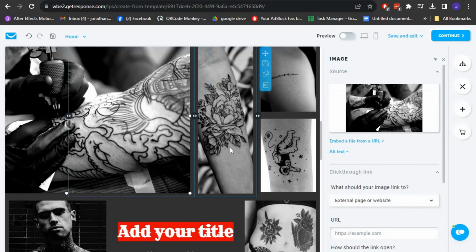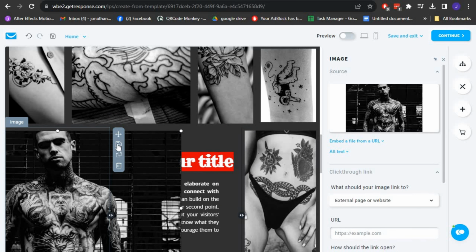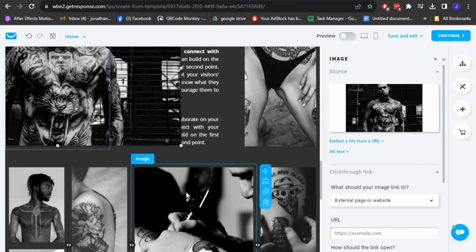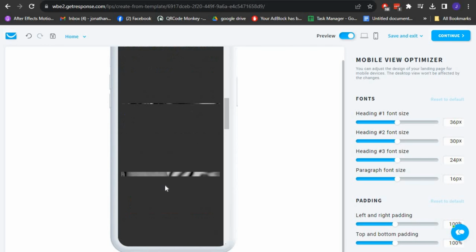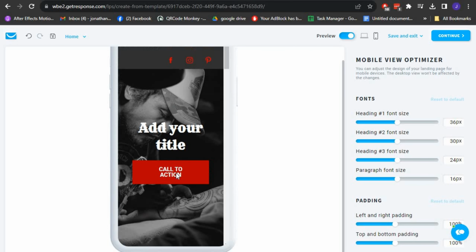Customize each element by simply clicking on it. You can change the text, images, colors, and even add or remove sections to fit your purpose. Don't forget to optimize your landing page for mobile devices. With GetResponse, you can easily switch to the mobile view and make adjustments to ensure a seamless experience for your